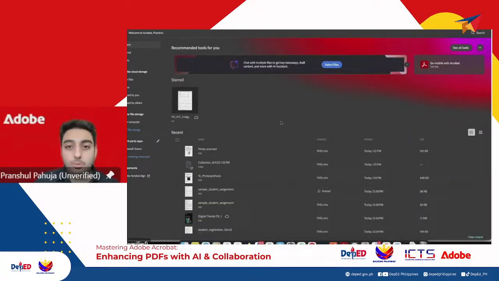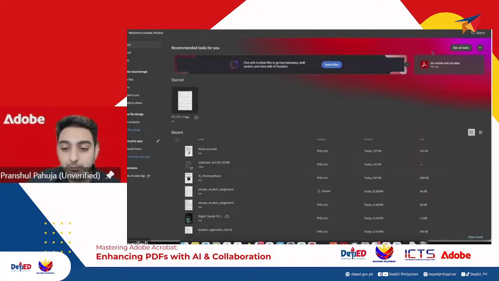If you want to get quickly started, on top it will show you some of the tools which you can quickly use to create your PDFs on the go. AI Assistant is our newest capability. Probably you will see this pop up in your Acrobat if you have updated to the latest version as well. So what I want to do today is go to a tool and quickly create a PDF.